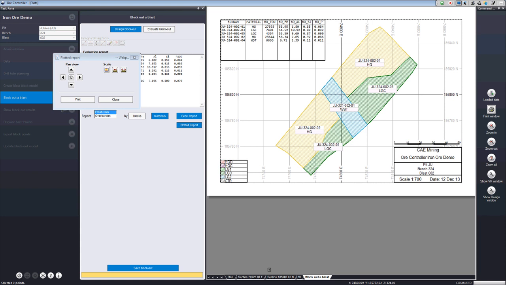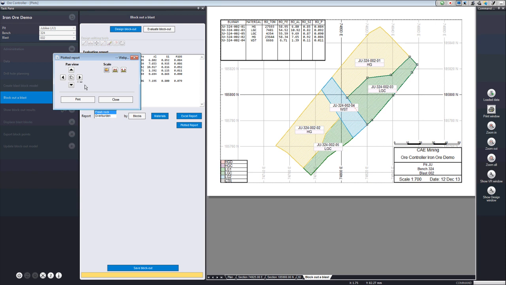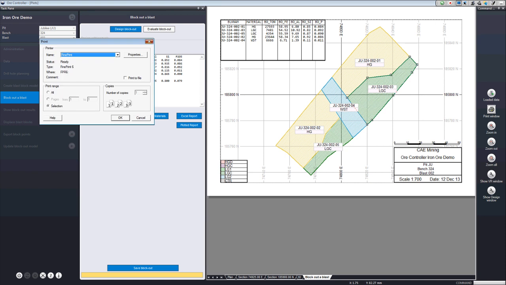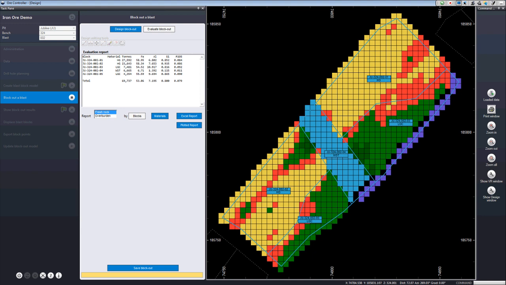Also at the same time, there's a button to produce a pre-configured plotted report according to your own specification and template, and we've made it very easy to adjust that plot a little bit. So I can move the data around so that it's in the place I want, have a little customized table of values here, and when I'm happy with what that looks like, I can press the print button, and that goes off to my printer to be sent for spotting or whatever goes on next.